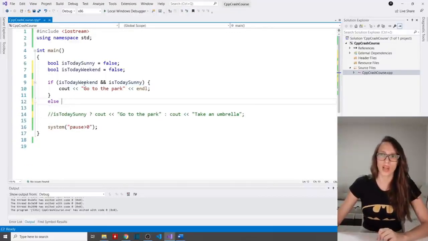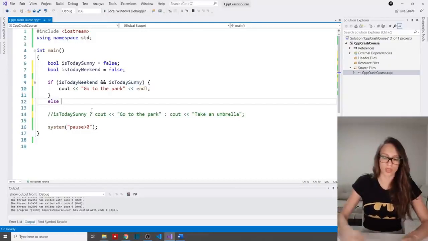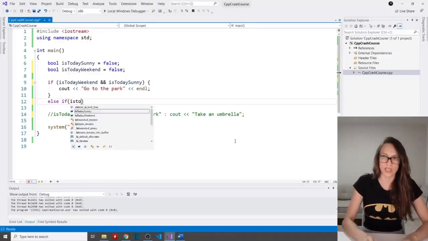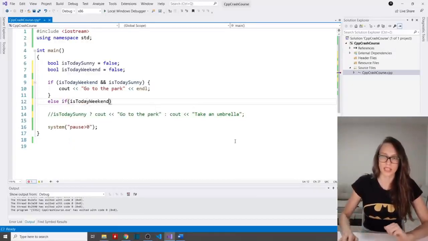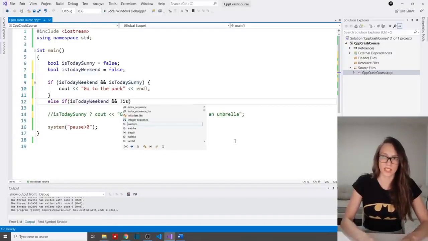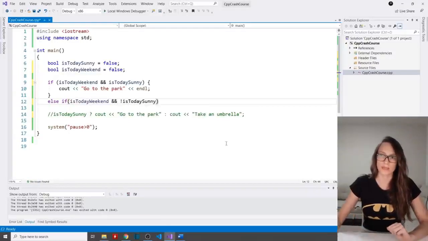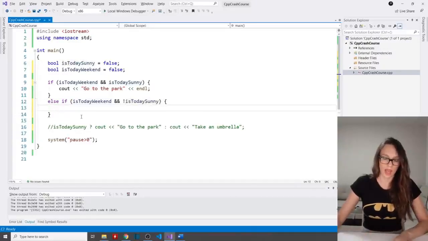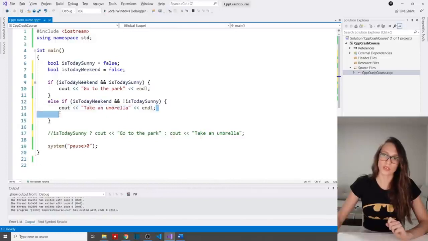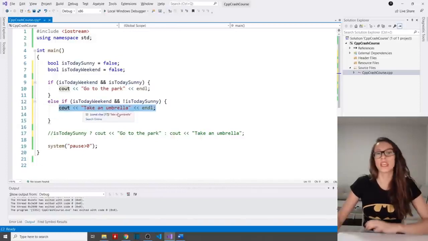And in a situation where either one of these results as false, I want to check something else. So I say else if, and then I say, please check, is today weekend, like this. And then check as well if it is not sunny, like this. And in that particular situation, I will write out something else to my user, and that is going to be take an umbrella.